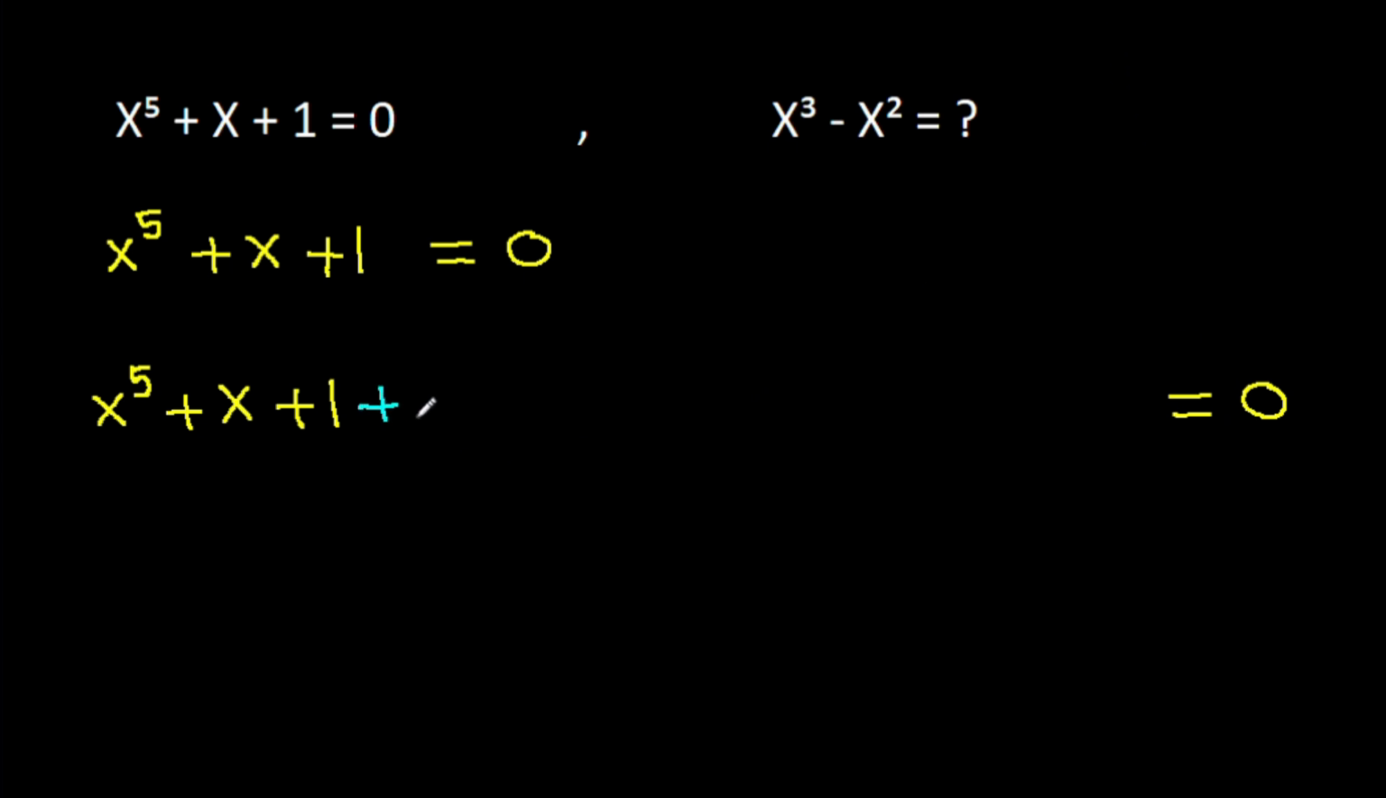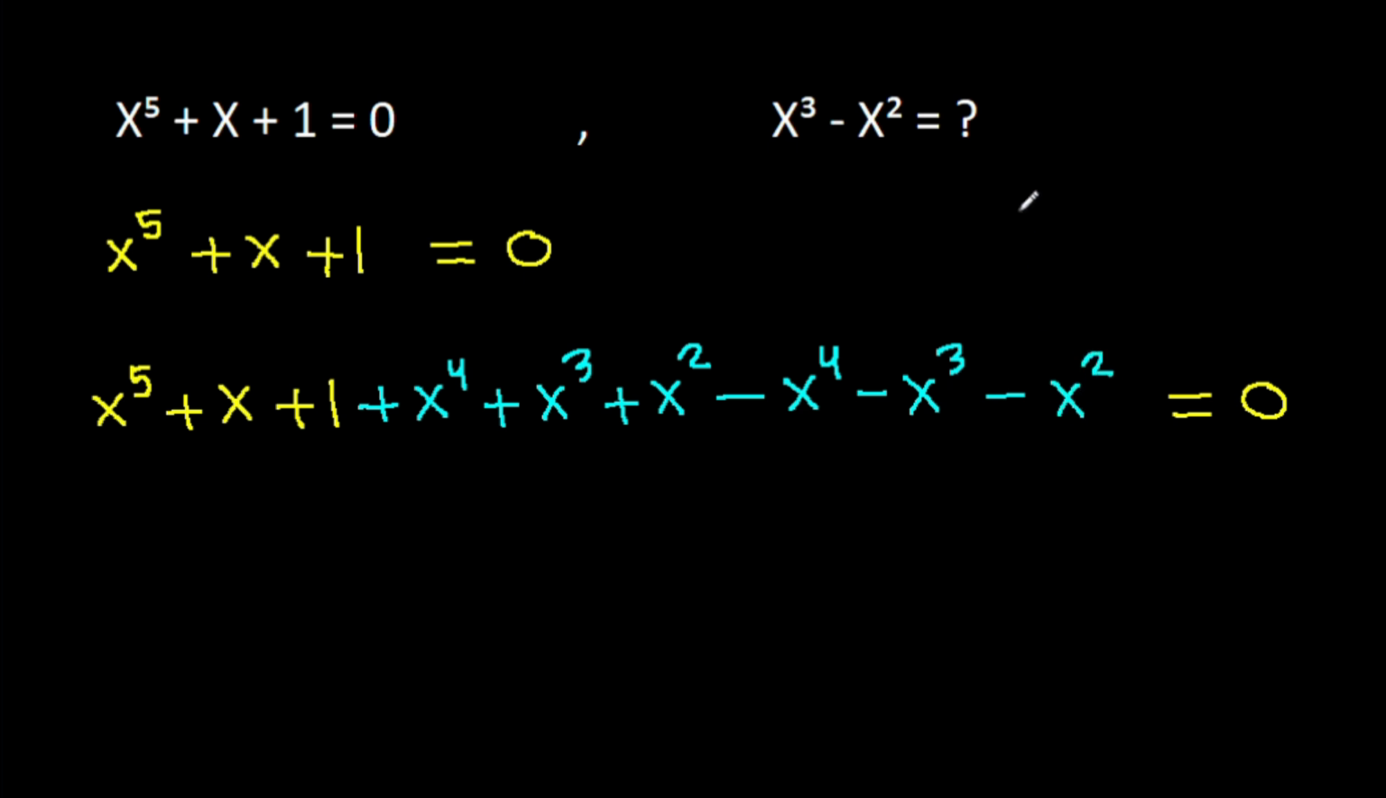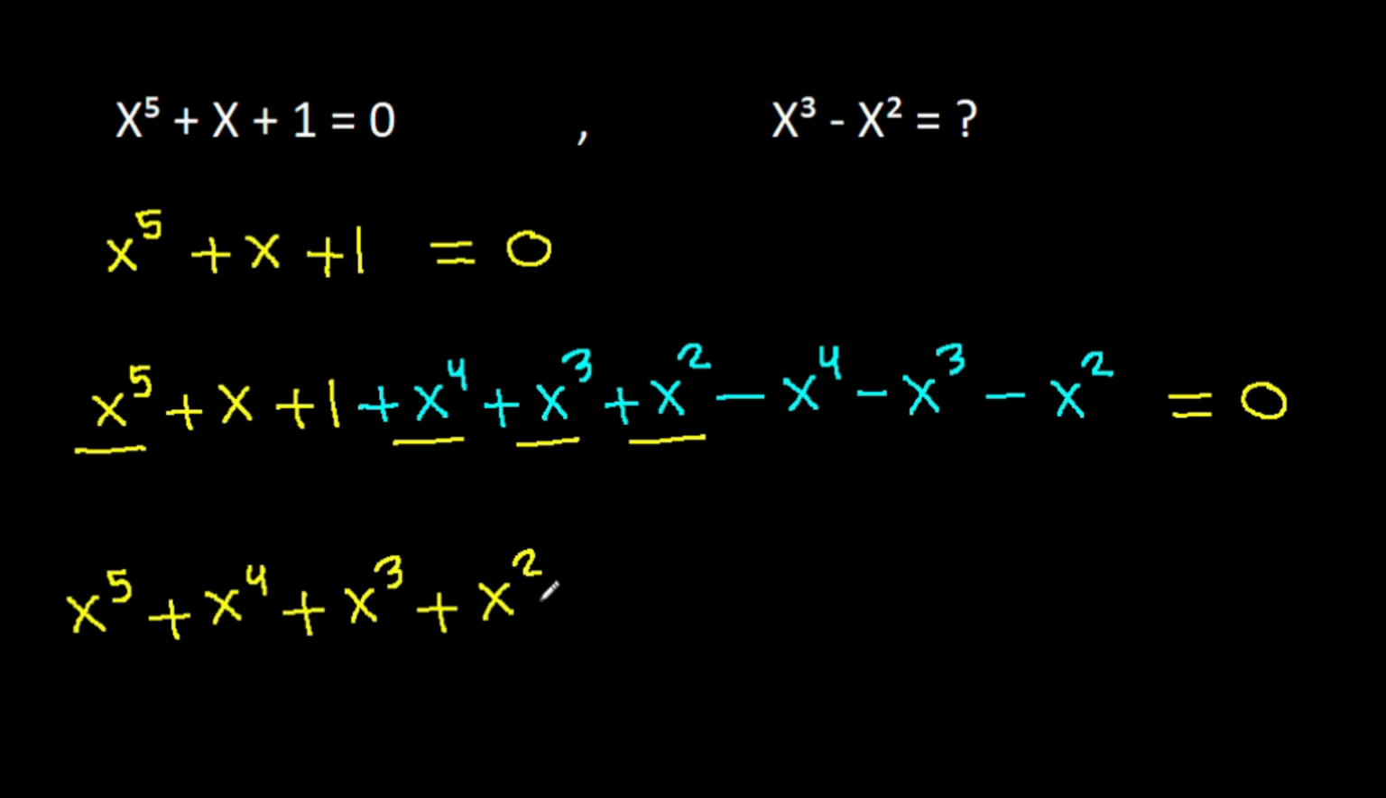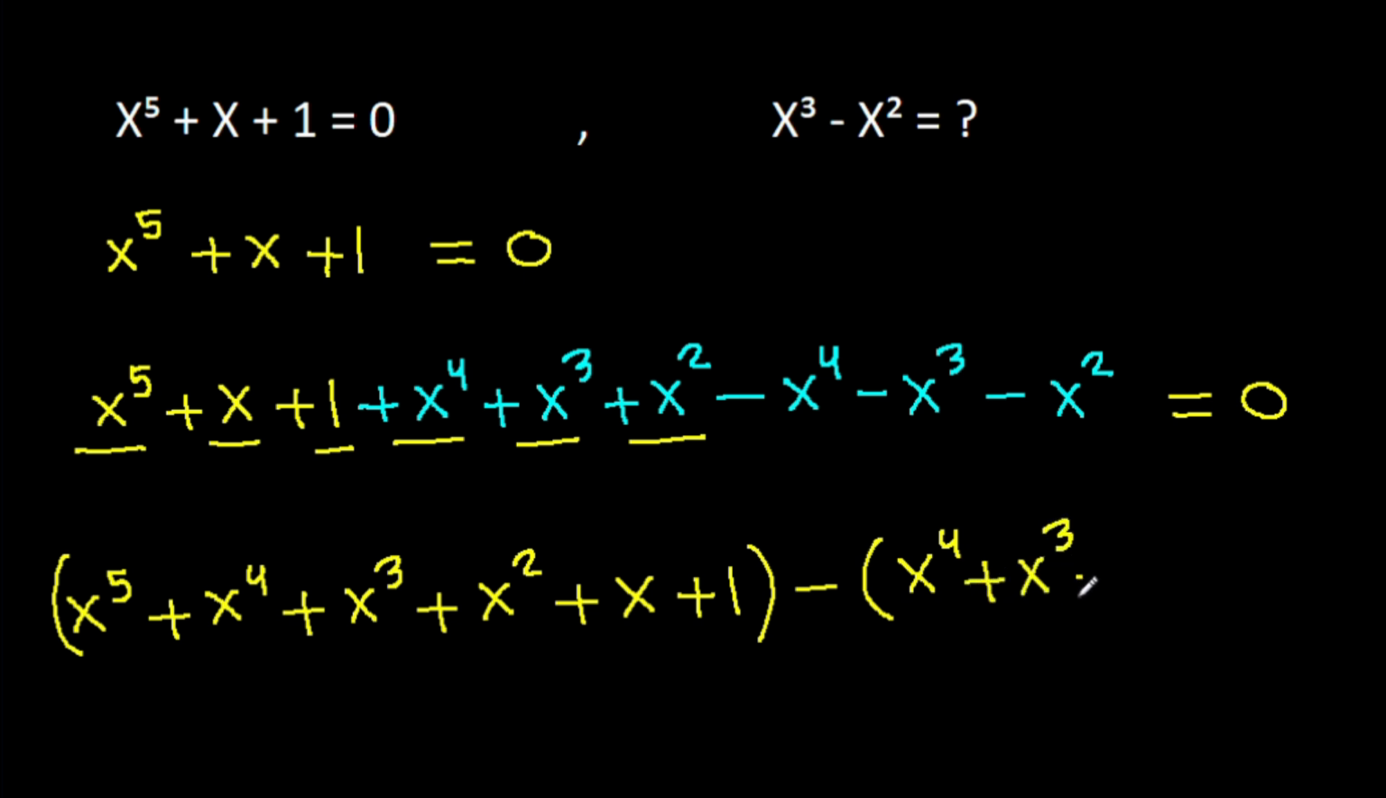is equal to 0, and if we add x power 4, x cube, x square and subtract x power 4, x cube, x square, then it is x power 5 plus x power 4 plus x cube plus x square plus x plus 1 minus x power 4 plus x cube plus x square, it is equal to 0,